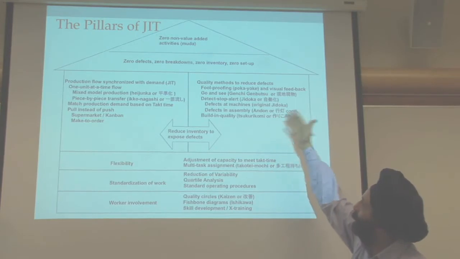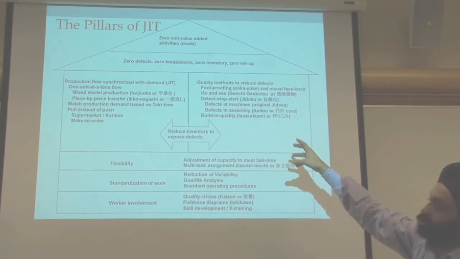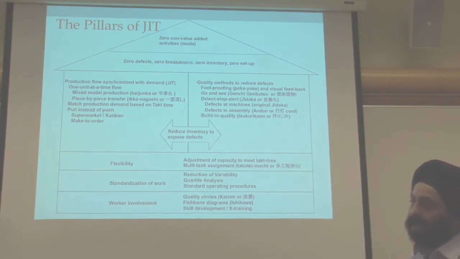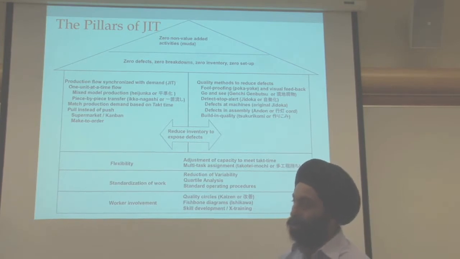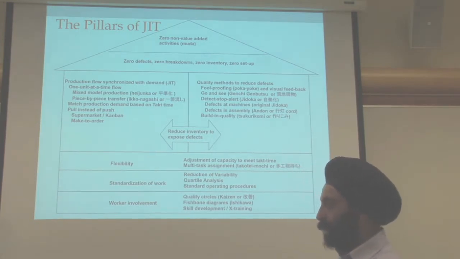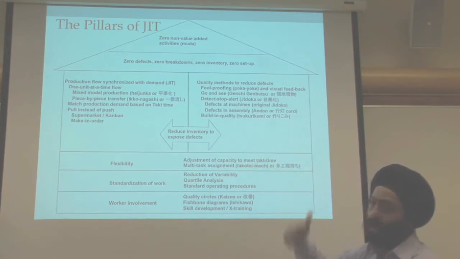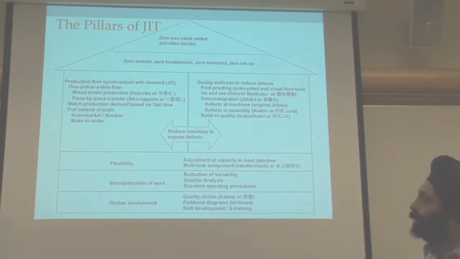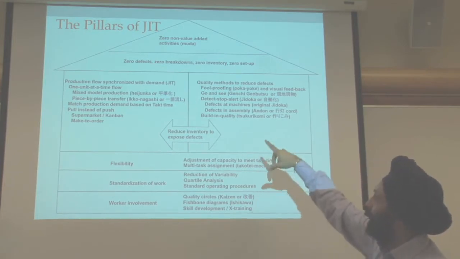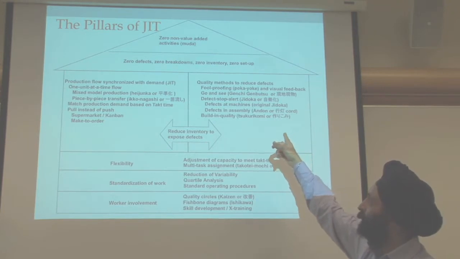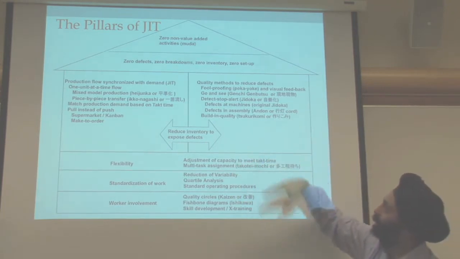topic discussion, and visual feedback is needed, which is go and see, Genchi Genbutsu, as it's called, physically visiting the space and seeing for yourself what seems to be wrong, rather than just getting a report on it. Detect, stop, alert, which is Jidoka, visual confirmation of what the error is, and then stopping it. Defect at machines, which is original Jidoka, and defect in assembly is the Andon system of lights, the Andon cord that